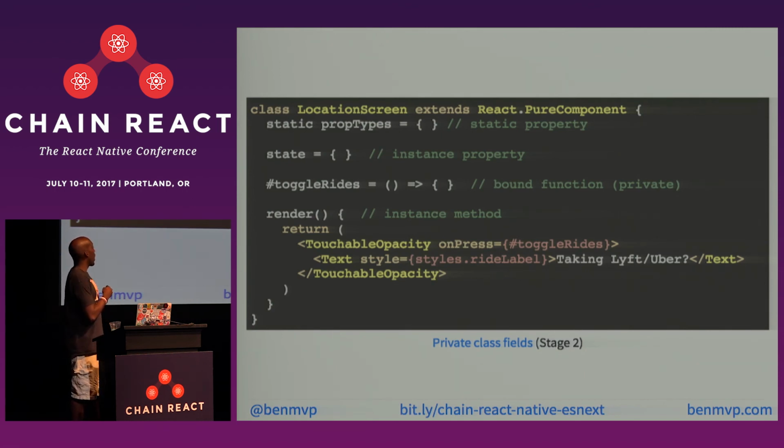So now when I put that hashtag there, I no longer have to do this dot toggle rides. I can just put the hashtag there. Wherever there's a private function or private property signified by the hashtag, you can omit the this dot and just put the hashtag there. So you can save 4 characters or so by using that. And I think that's pretty cool. Not the saving of the characters, but just that functionality of finally having true privates in JavaScript. Yeah, exactly.